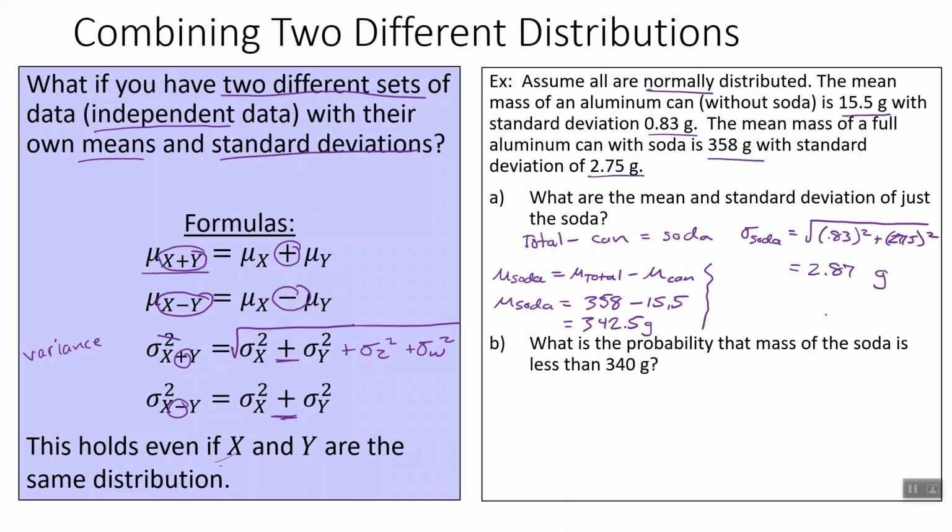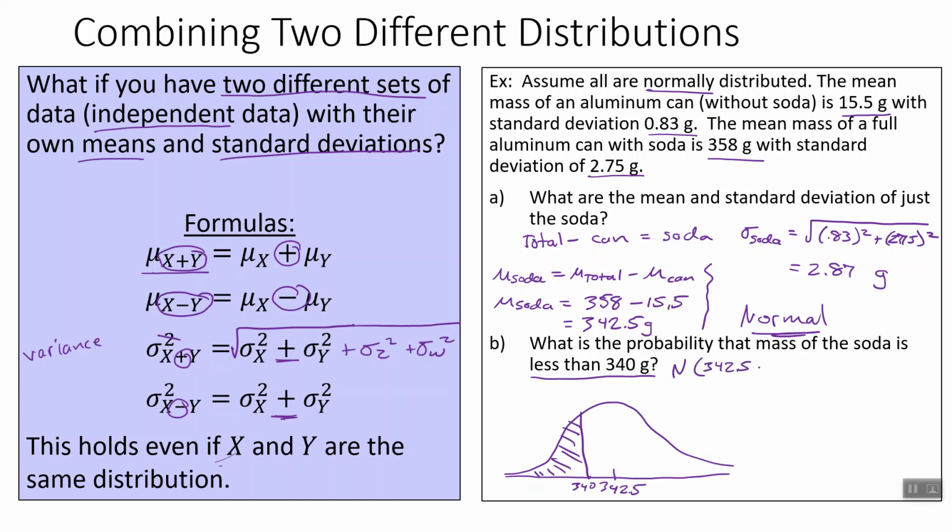All right, now that we have this new mean and the new standard deviation, and we still know that it's normal because they were both normal from before, what is the probability that the mass of the soda is less than 340 grams? Remember, this is still the normal section that we're working on. The mean is 342.5, so 340 would be somewhere down here, and we want to know the probability that it's less than that. So we've got this area over here, and this is 340. We've got a normal distribution with 342.5 and a standard deviation of